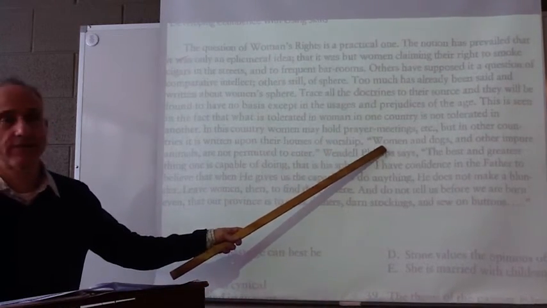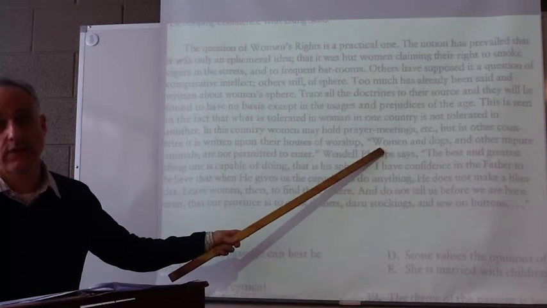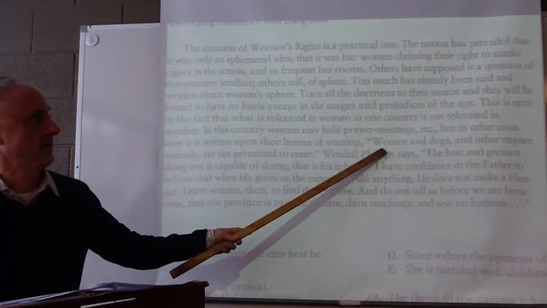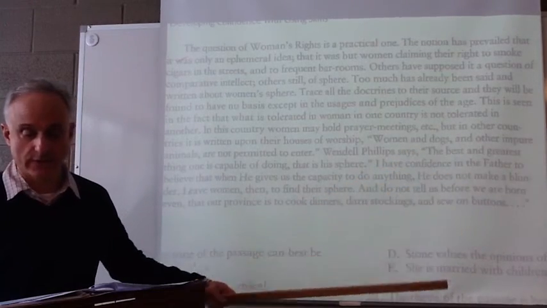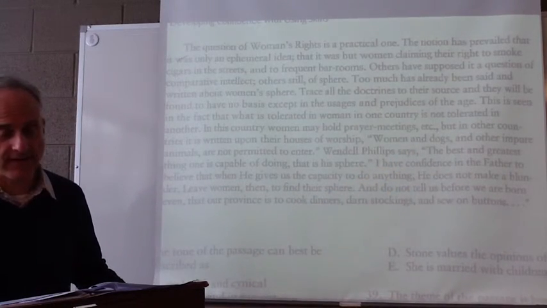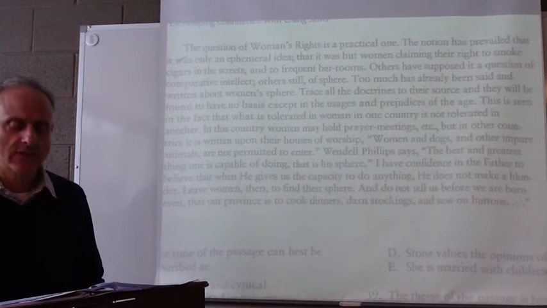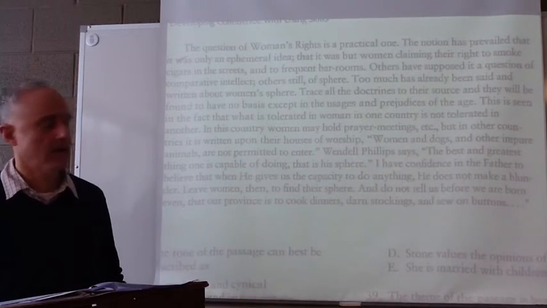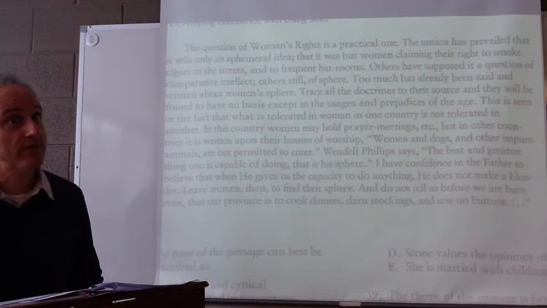Women and dogs, she says women and Negroes, and the other part women and dogs, so, African Americans didn't have rights back then, and so they were lower to people, and dogs are low too. Nowadays we don't think about African Americans like that, but we have to go back to the time period. So she links women to African Americans and dogs, that they're not treated well. Of course, blacks were not treated well as slaves.